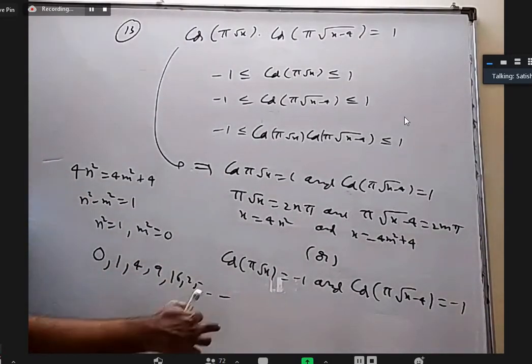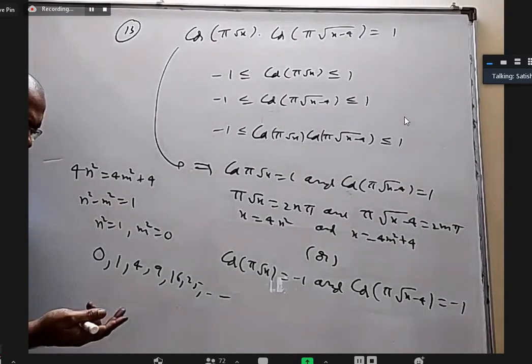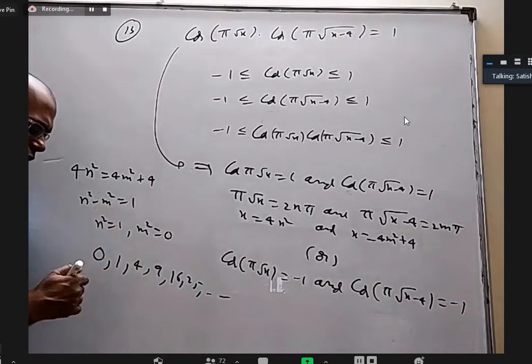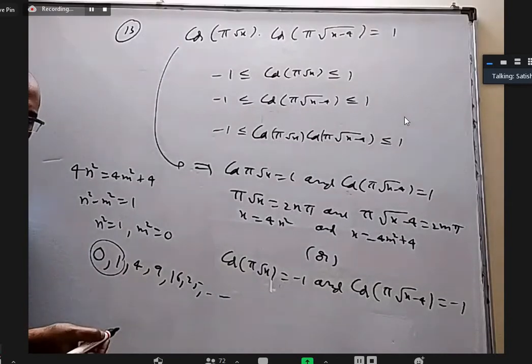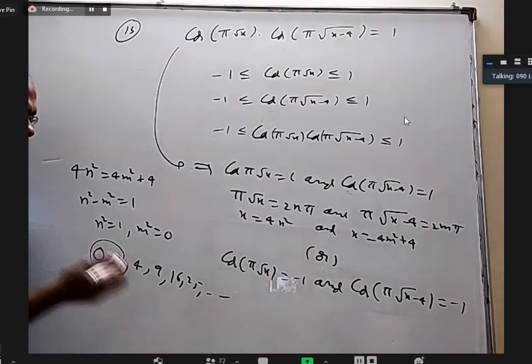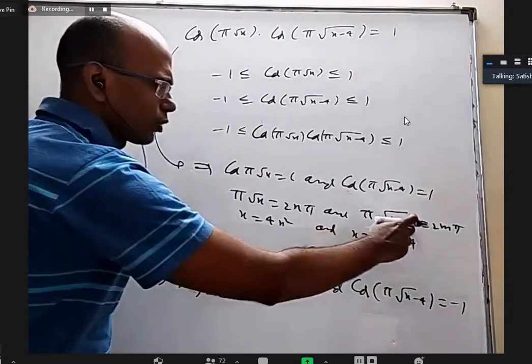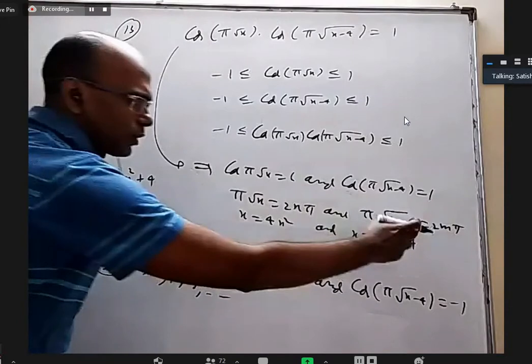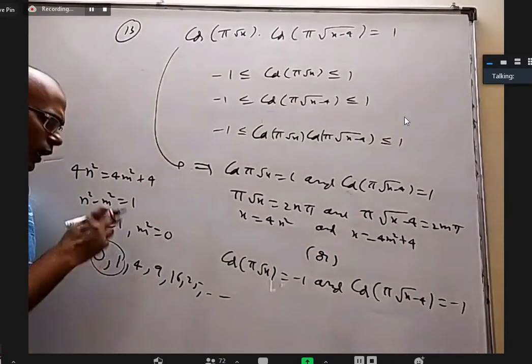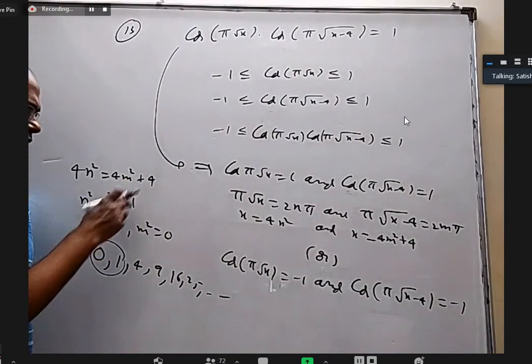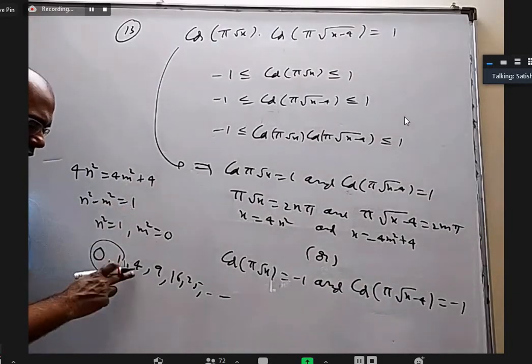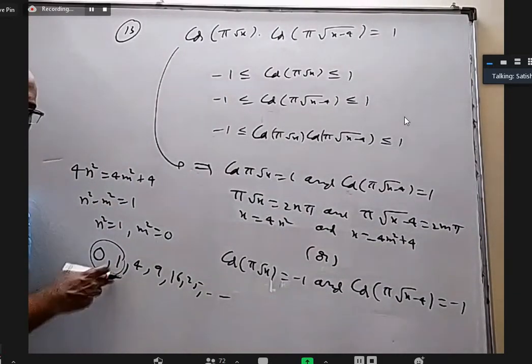Out of all the squares of integers, if you want the difference of the squares to be 1, there is only one case, that is 1 and 0 only. There is no other case, right? Yes, sir. If they would have given, let us say, 12 there instead of 4, I would have got 3. And 3 is possible only as 4 minus 1. There is no other way.